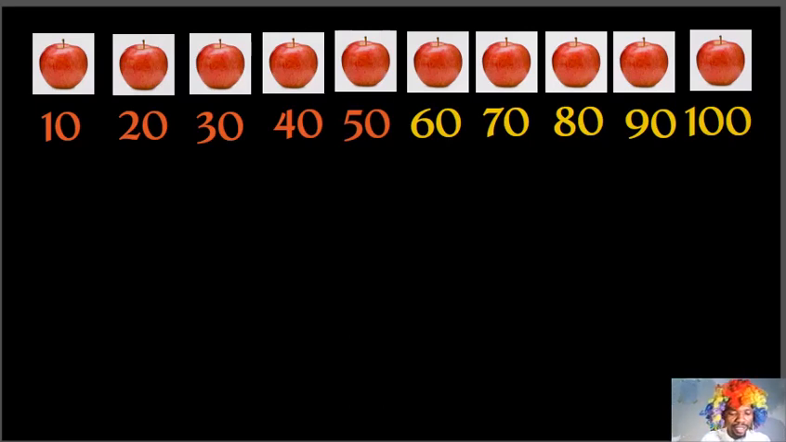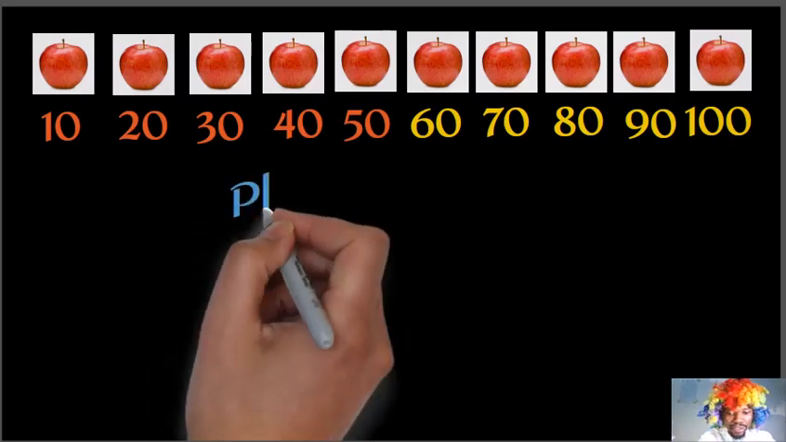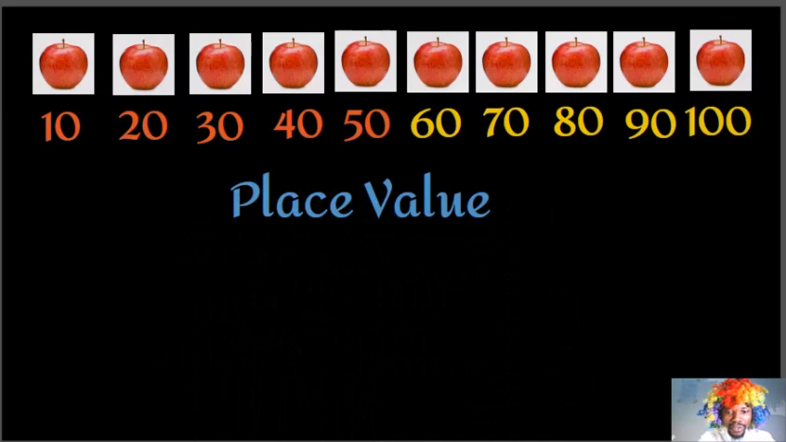And when we are counting in tens, there is always something that counting in tens makes us understand, and that is place value. Counting in 10s helps us to know place value. Okay, place value. What is place value? Place value happens to be the position, or we can put it this way, that place value is a position a digit